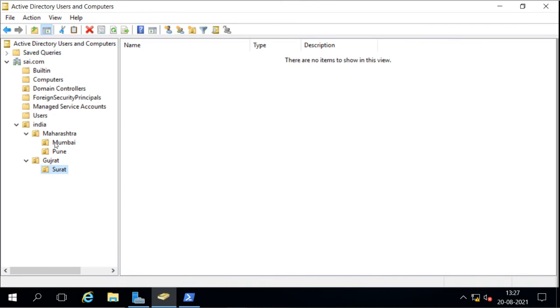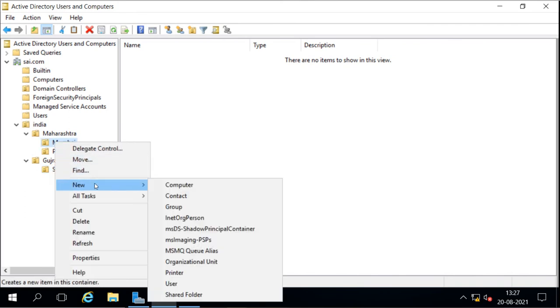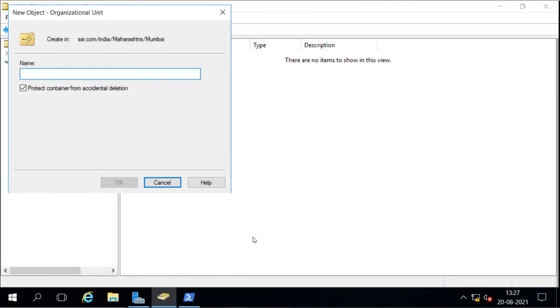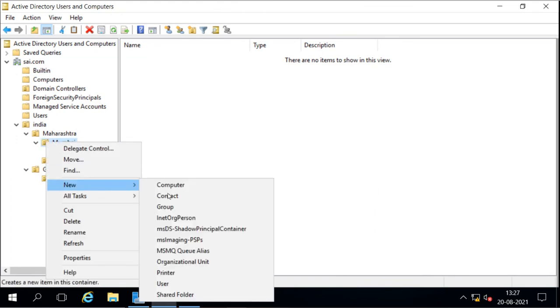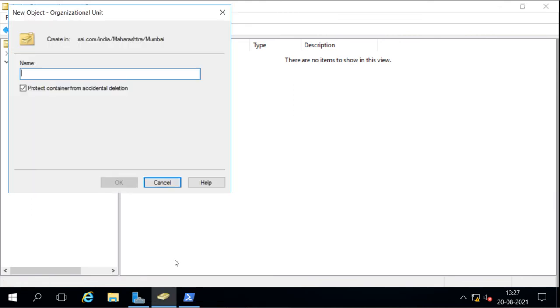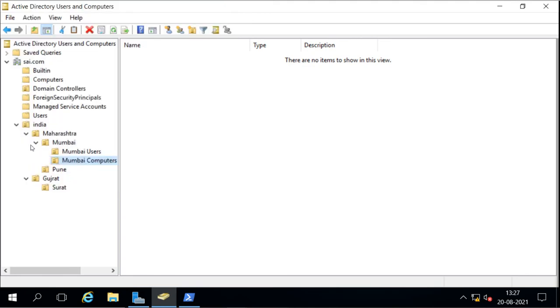Then under Mumbai we have an OU for users, or I can say Mumbai users. Then I have another OU for computer accounts. So just like this, we can create multiple OUs.